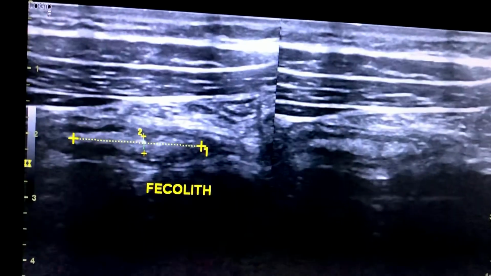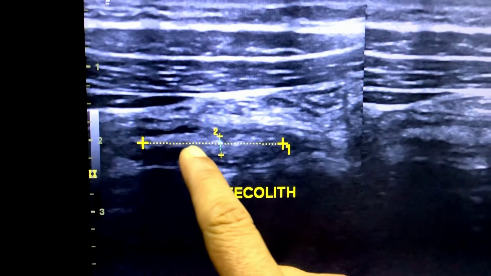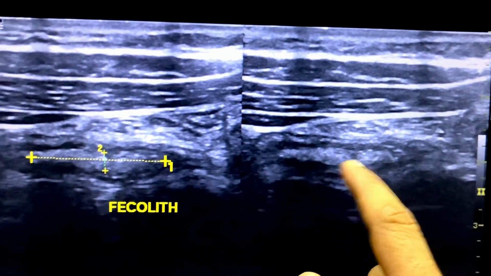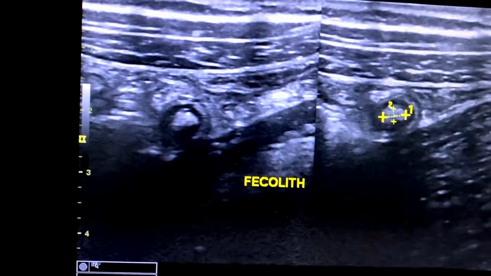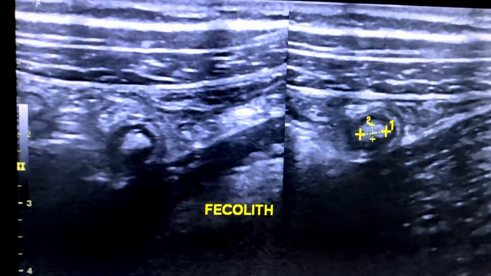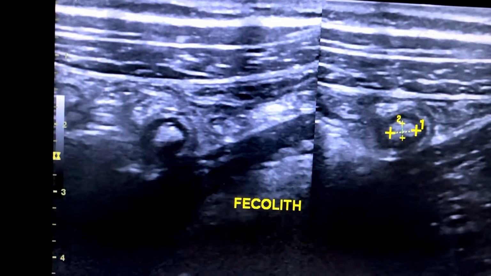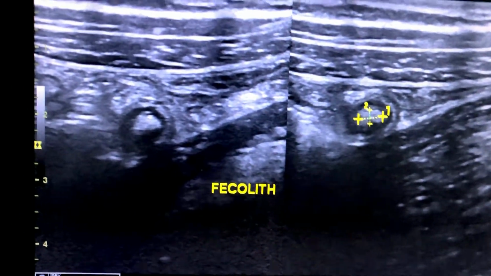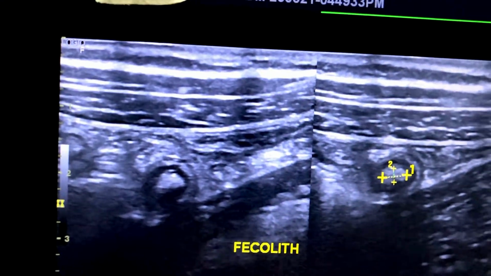Just see the findings. The lumen of this appendix was enlarged due to this sludge-type matter inside the appendix. This is the hyperechoic sludge inside the appendix, which was causing the distension up to 7.5 mm. And here is the transverse section in which we can say it is a piccolith, as some call it, but as the texture is not piccolith type. A piccolith generally gives a posterior acoustic shadow. So this is a soft, sludge-type thing.